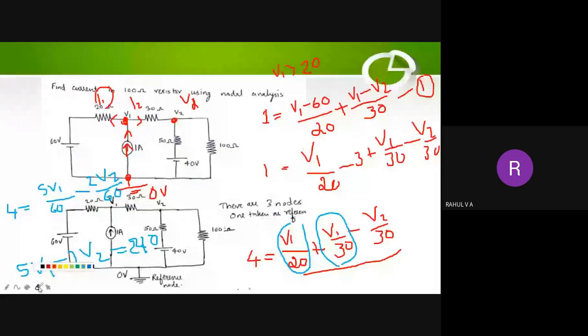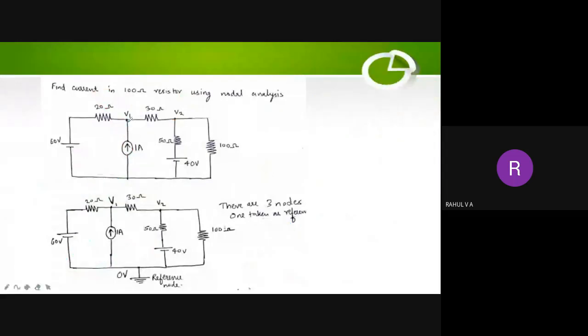So for this particular diagram, we have two nodes. Okay, actually we have three nodes. One is this one, second is this one, and third one is our reference node. For the reference node, there is no need of doing any analysis. And what we did is, as we have discussed, voltage at node 1 is V1, voltage at node 2 is V2, and then we are assuming all currents are leaving away from the node. So I can mark this one directly I1, I2.